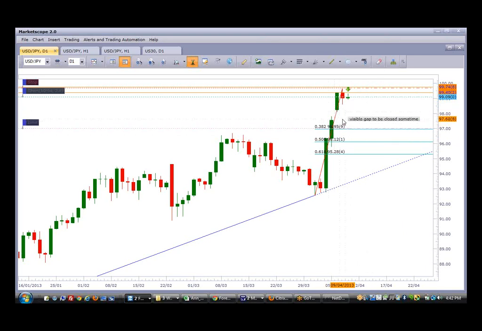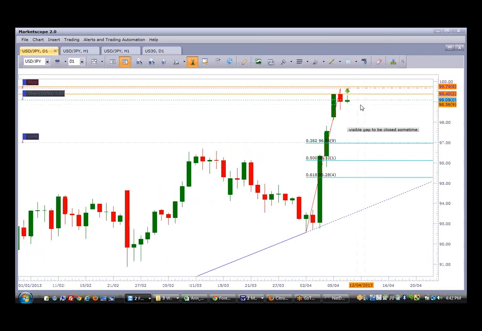Now, gaps in our experience will be closed sometime somewhere in the future, and what we can see here as well is that some form of weakness, candles weakening at this point, and there may be some form of retracement. Since 1 to 3 days in a row, the buyers push it back up very steeply to past the 99, close to the 100 mark. Not quite hitting that at this point.